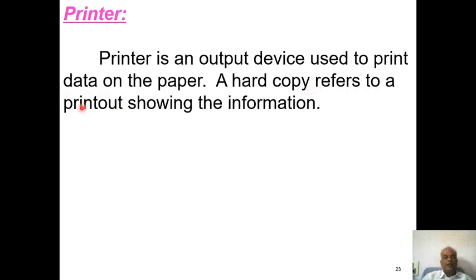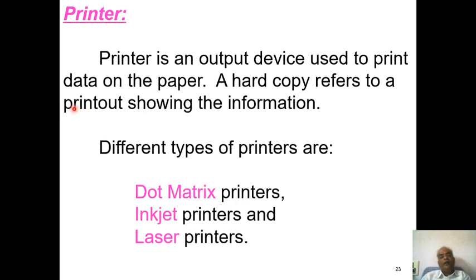Let us take this paper as if it is a printout. All this data can be printed by the printer. It is called a hard copy. All the information printed by the computer system on paper is called a hard copy, whereas the information displayed on the monitor, which is not hard, is called a soft copy. So the printer is another most familiar output device for making hard copies.